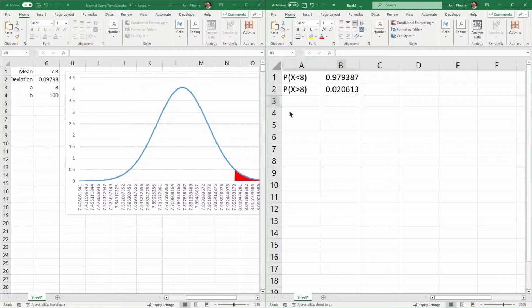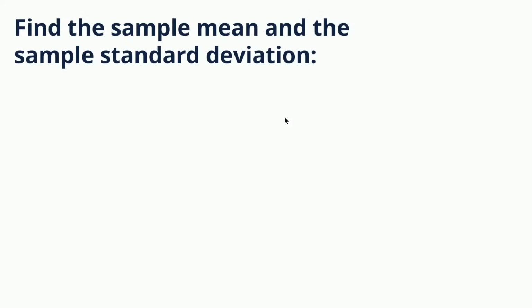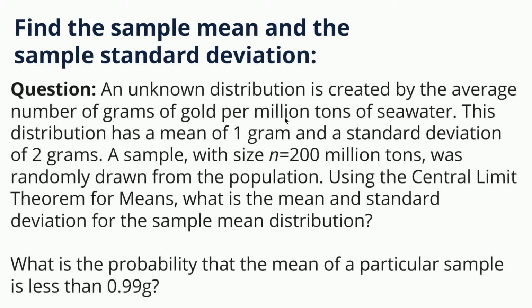Okay, so let's try one more of these just to see how this works. So you can do this yourselves. Let's see, the average number of grams of gold per million tons of seawater, whatever that is. Anyway,